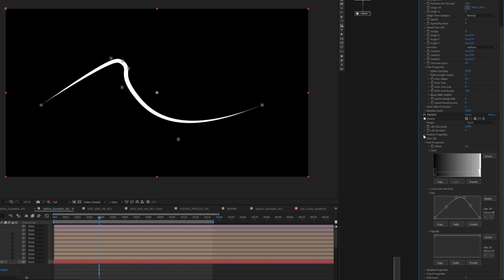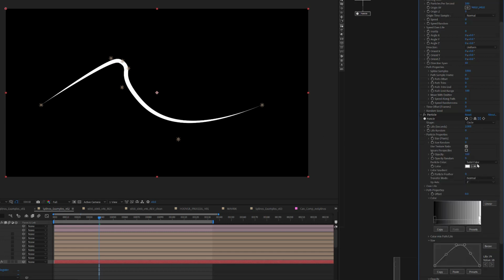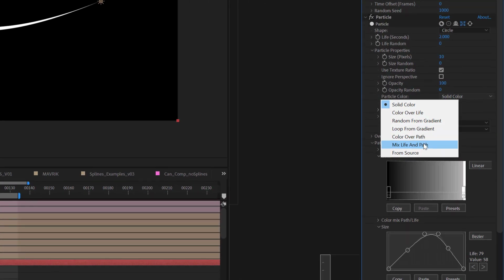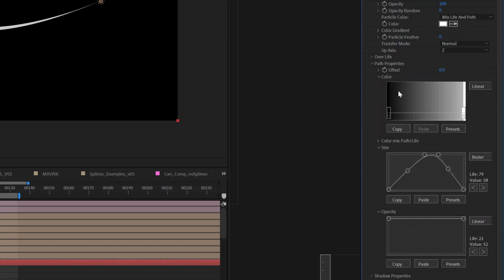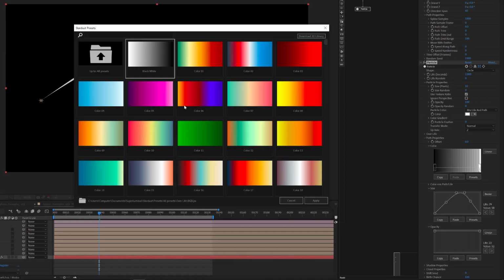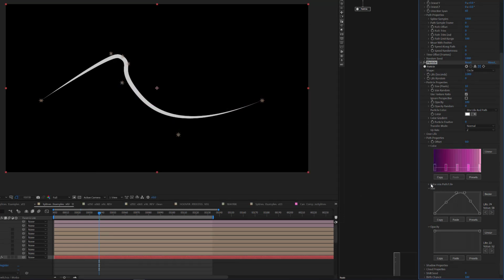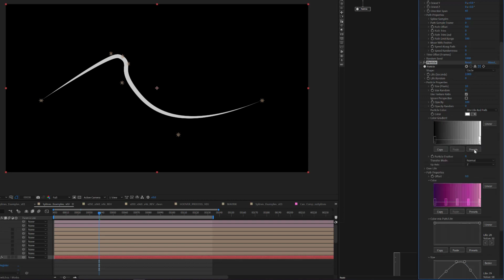What about color? We could also do color. So if you go to your particle properties, you could do mix life and path. And if we go to color here and change this, let's say to these pinks, you wouldn't see anything immediately, but if you scroll down to this color mix path and life, at the top is the color of the life of the particles, which is drawn from this gradient.